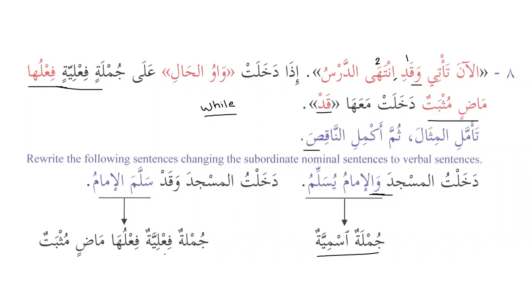Now what we concluded over here is that we have jumlatun fi'liyatun, a verbal sentence. Fi'luha madin, the verb is past, sallama, and muthbatun, it is affirmative, not negative. Excellent. So these are the two conditions that need to be met if we want to use waw al-hal with